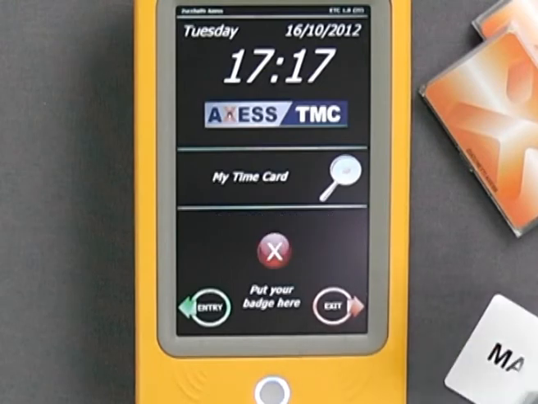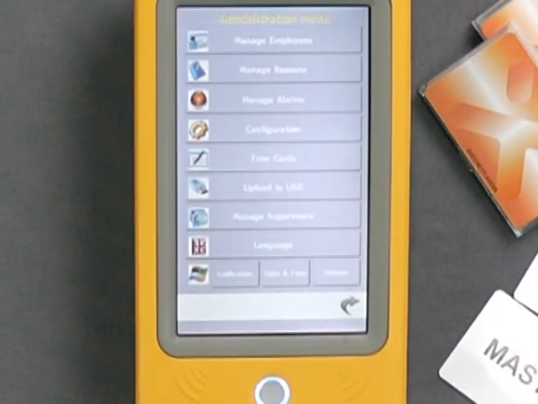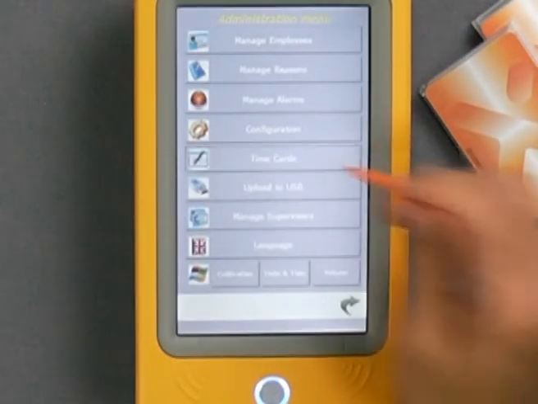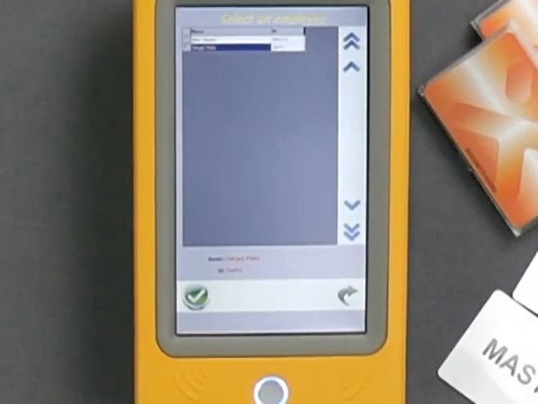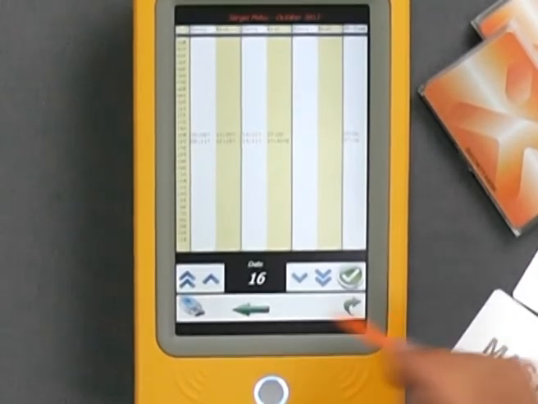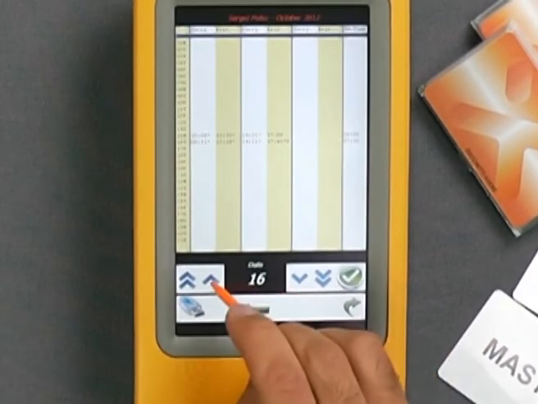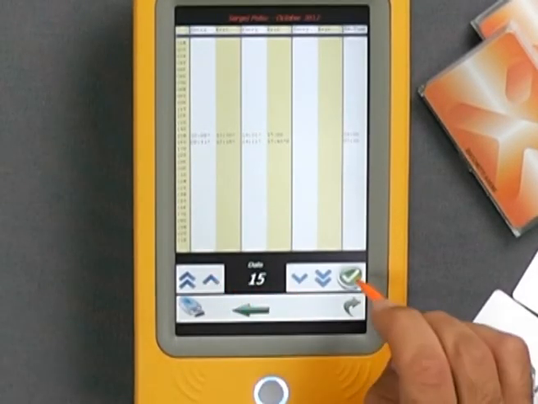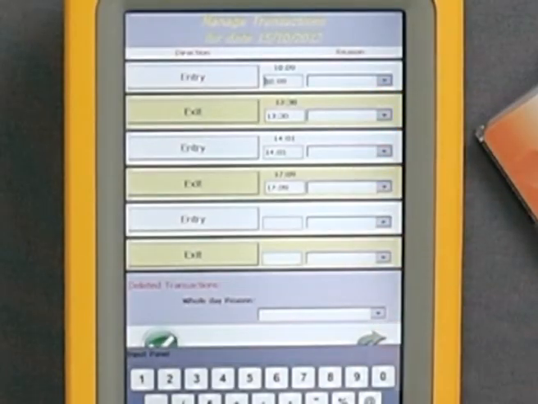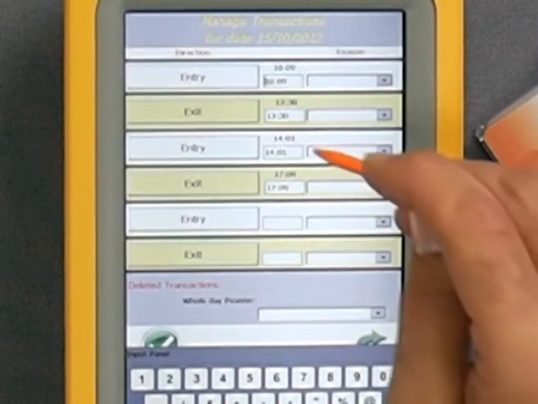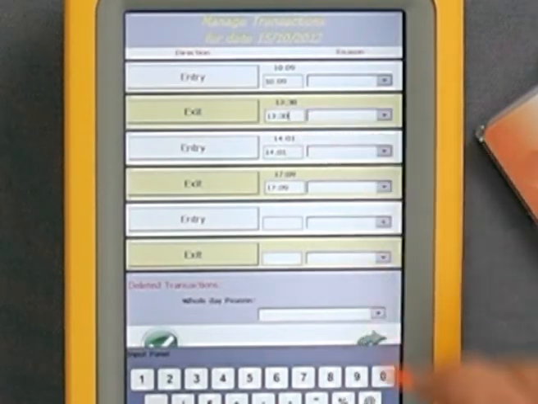Let's access the supervisor menu by reading the MasterCard, selecting the monthly time card option, then selecting the user for whom we want to view or edit the clockings. From the monthly time card, select the day on which we want to intervene, for example the 15th. There are now displayed all the clockings for that day, and the administrator has the possibility to edit the schedule of a particular clocking,